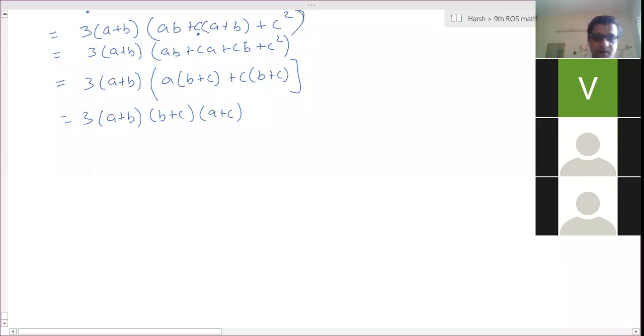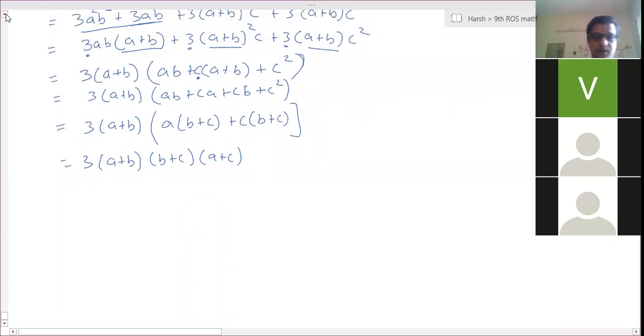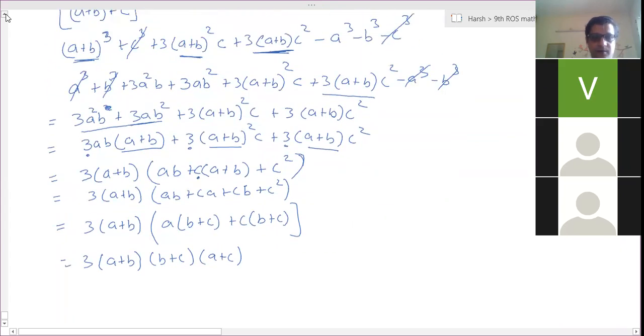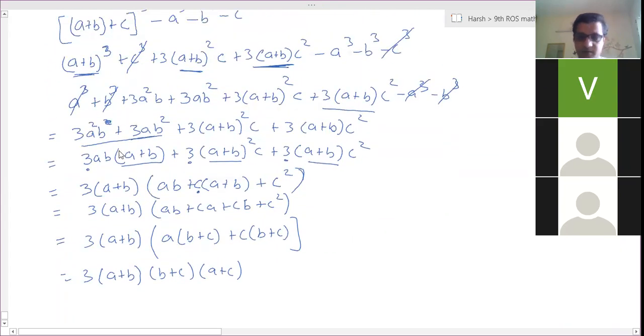Sir, I did the same method. Yeah, I know. Doubt. Can you scroll up? I'm scrolling up. Where is the doubt? Tell me. Sir, when we grouped A plus B whole cube and C cube separately, can we just group it like A cube plus B plus C whole cube? So then what will you do? Come again, I didn't get it. Sir, in the starting, when you grouped A plus B whole cube and then C whole cube. Okay. So can we group A cube separately and B plus C whole cube? Yes, you can do it. Then also you'll get the same answer.